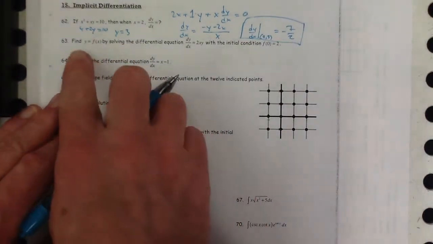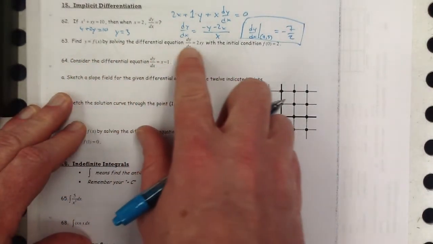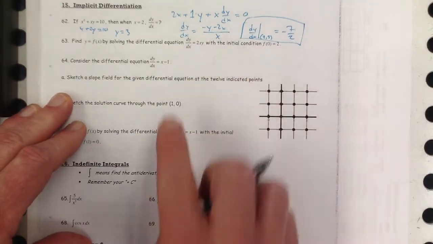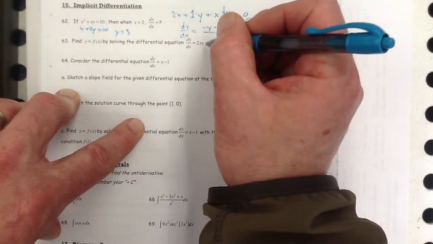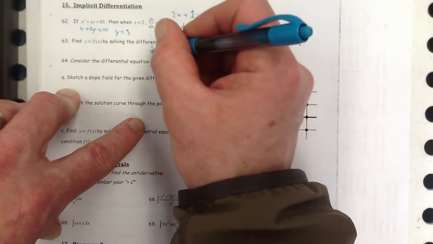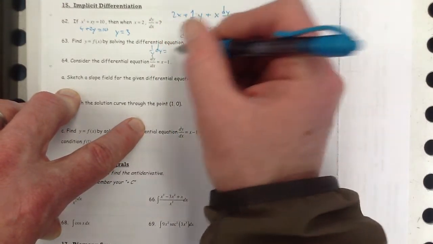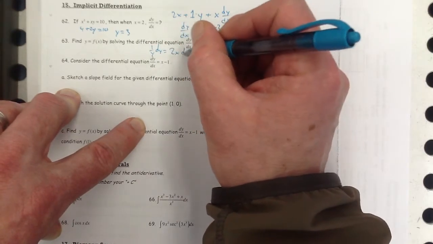Alright. Find y equals f of x by solving the differential equation here with the initial condition. This is recent for us. This is from chapter 9. So separate the variables. It's going to be 1 over y dy equals 2x dx,